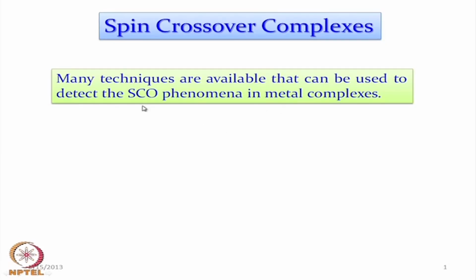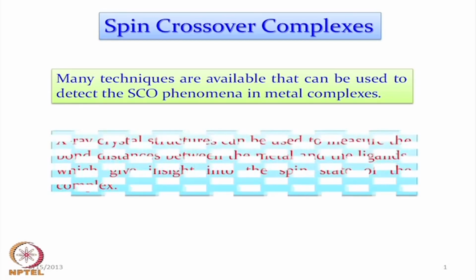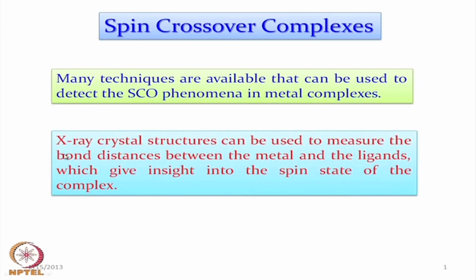So for a complex which we designate as the high spin, as well as for the complex which we can designate as the low spin, how we can detect nicely using some of the physical techniques. And one such technique is definitely the crystal structure determination,